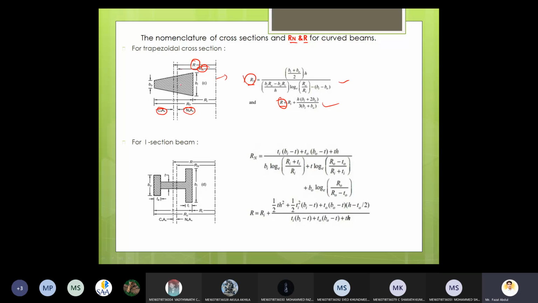And the figure dimensions here. B naught is the outer width, Bi inner width, H is the total height, right? And this is the I section. If we cut the figure, suppose this is a crane hook, because the problem is all related to the crane hook design only. So that's the reason I'm always drawing the crane hook. Suppose this is a figure. If I cut the figure here, suppose after cutting, if I get the shape in this manner,